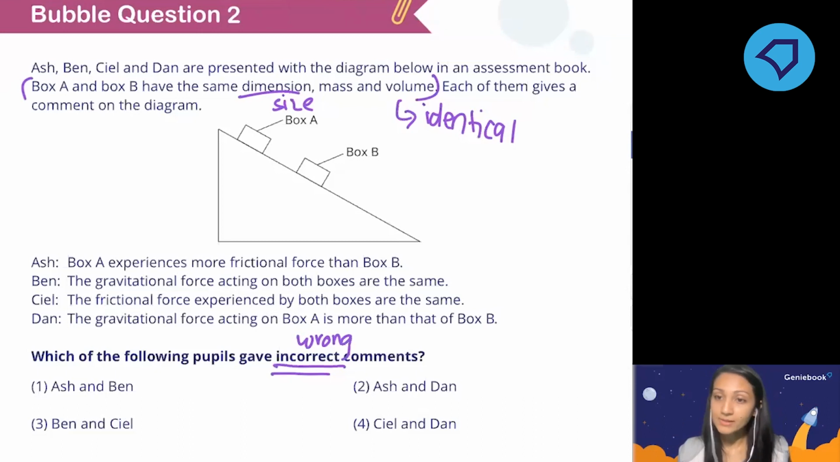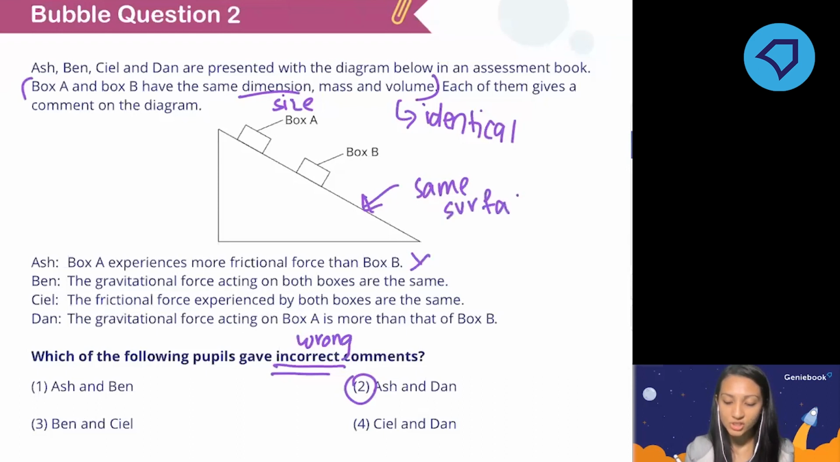Before we talk about the fly, let's look at the results. An improvement from the previous question. Some of you wrote option number 3 instead of 2. The answer is number 2, right? Ash is wrong because, box A experiences more frictional force than box B, this is incorrect. If you look at the surface, we are using the same type of surface. They didn't say that the surface changes. So same surface equals the same amount of